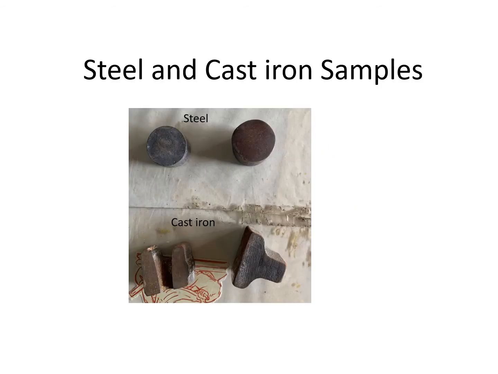And we have samples, and examples of how the samples will look. We have steel samples and cast iron samples here. If we have a cylindrical sample or an irregular sample, whatever the sample, to keep the sample on the metallurgical microscope, the surface should be flat. So a flat surface is needed for sample preparation.